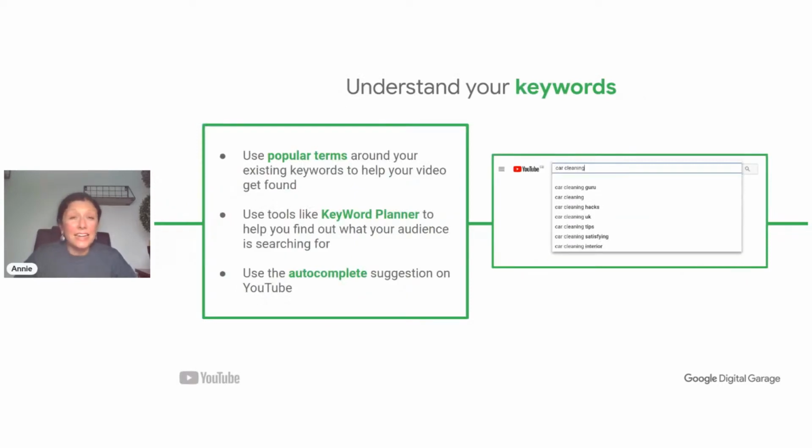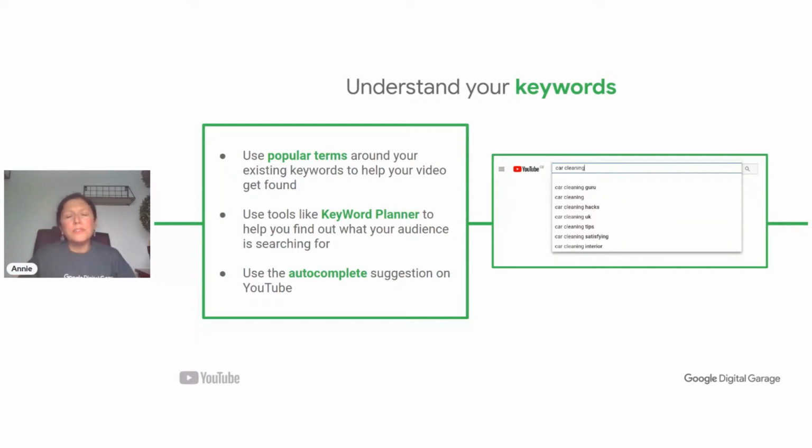But to start with, to get it really in place, we need to think about our keywords in a bit more depth. As we know, YouTube is the second biggest search engine behind Google. So it is a popular place for people to be. We've got an awful lot of people there, so there's no shortage of people searching for content. So what we need to do, therefore, is make sure we've got the best opportunity with well-written descriptions. A part of that means that we need to have the right keywords that people are actively searching for, that are going to help people find us and help us show up in the search engines.